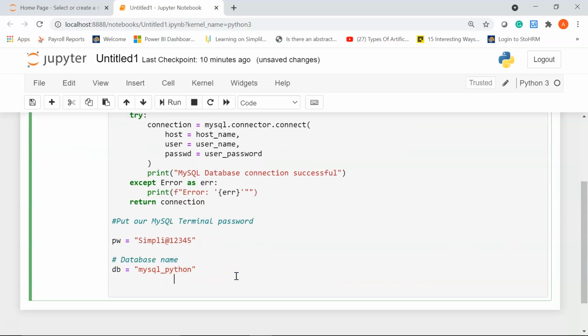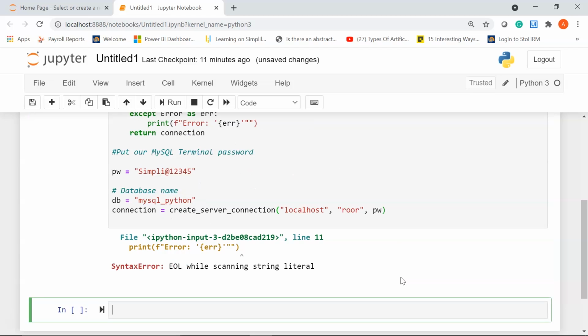Okay, now I'll say connection equal to, I'll pass in my user-defined function name, which is create_server_connection, and the parameters, which are going to be localhost, that is my host name, my username, which is root, and then I'll give pw, which is my password, that is exactly @12345.